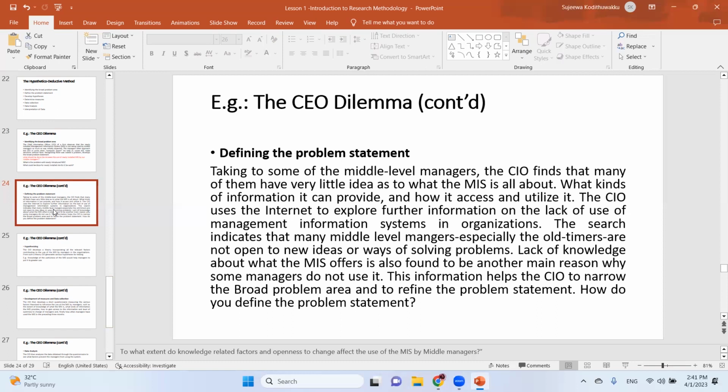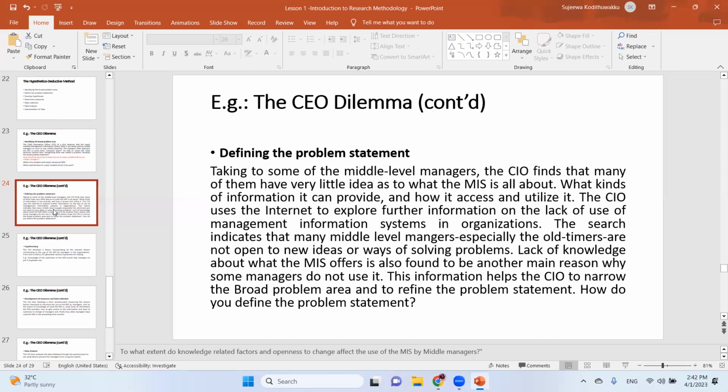Talking to some of the middle level managers, the CIO finds that many of them have very little idea as to what the MIS is all about, what kinds of information it can provide, and how to access and utilize it. The CIO uses the internet to explore further information on the lack of use of management information systems in organizations. So the CIO identified